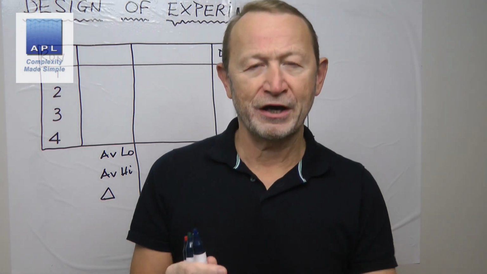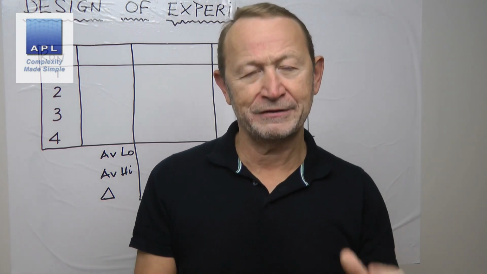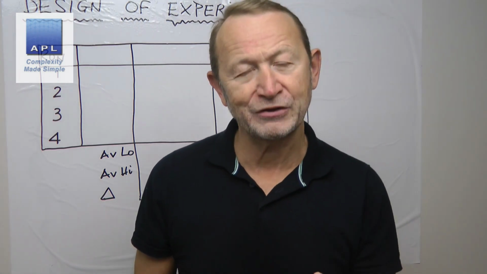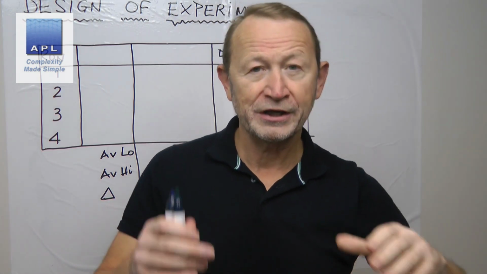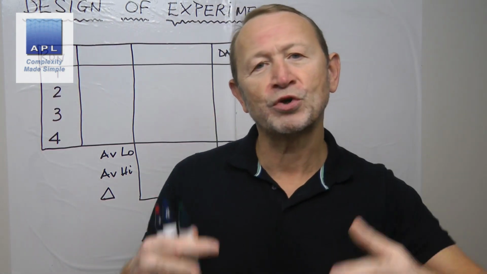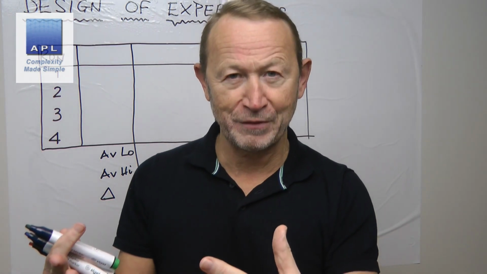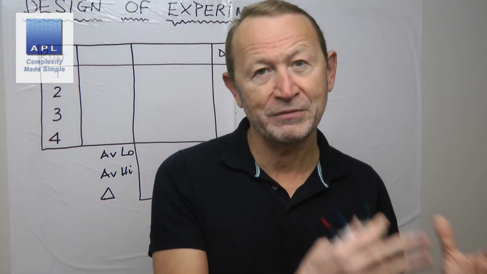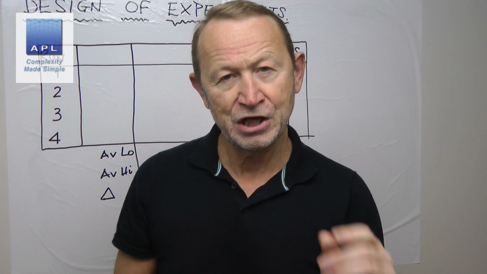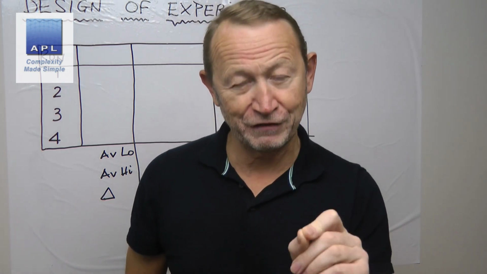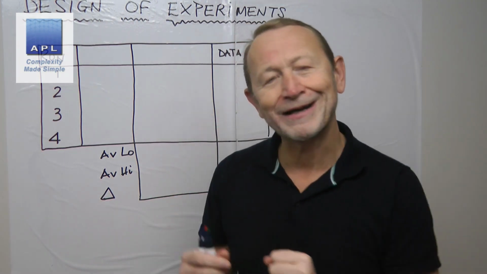So we now know the DOE pattern is the right pattern to do always. It's the pattern that will get the maximum amount of information from the minimum amount of data. So in this video, we're going to take a look at a simple analysis for